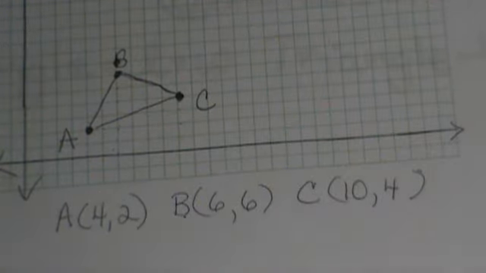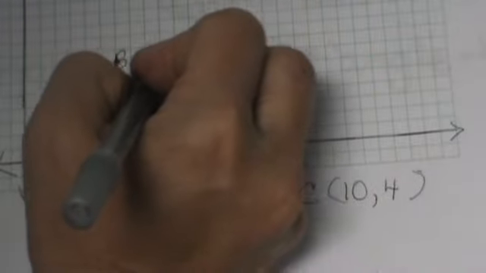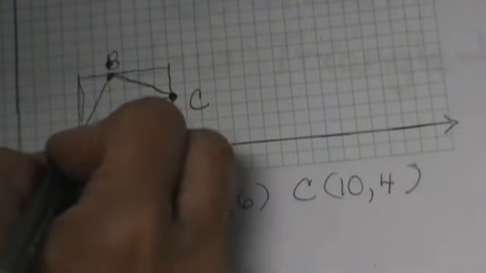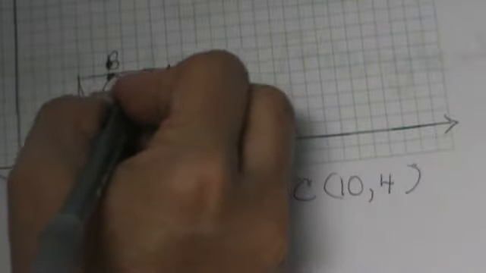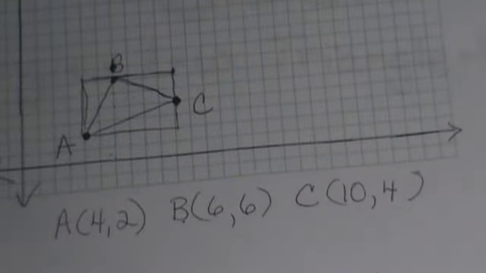What I'm going to do is draw myself a rectangle that is going to go all the way around, or circumscribe, this triangle. See what I'm doing? I'm drawing from basically vertex to vertex. From A I drew all the way over till I got to C. From C I drew all the way up until I got to B, and then I drew across back to A. So I've got a rectangle right here.